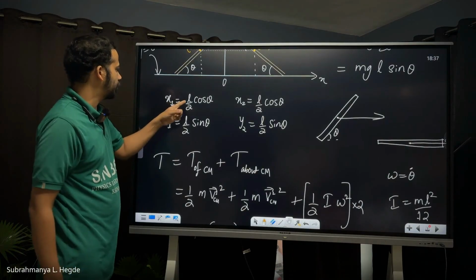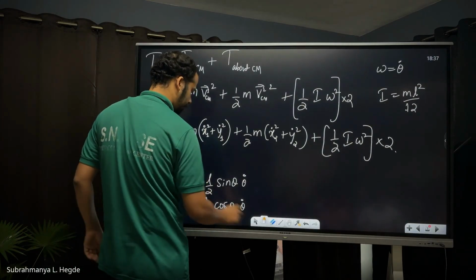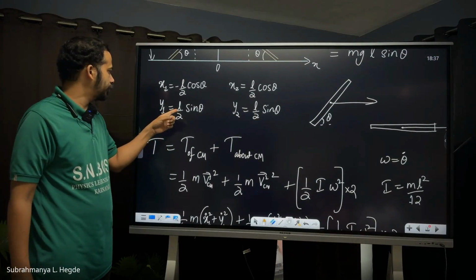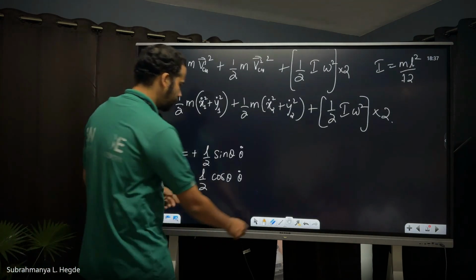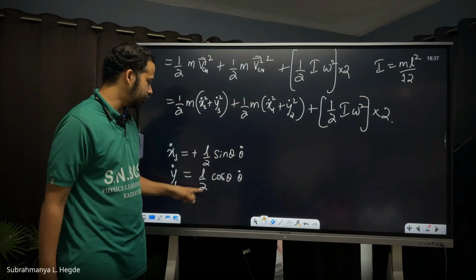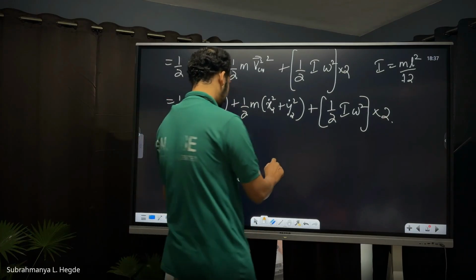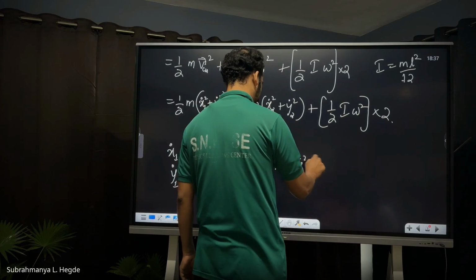X1 dot, minus L by 2, minus plus sin theta, theta dot. When you take the derivative, Y1 dot is cos theta, theta dot. When you square and add, what will happen? L by 2 squared, theta dot squared is taken outside, sin squared plus cos squared. So X1 dot squared plus Y1 dot squared equals